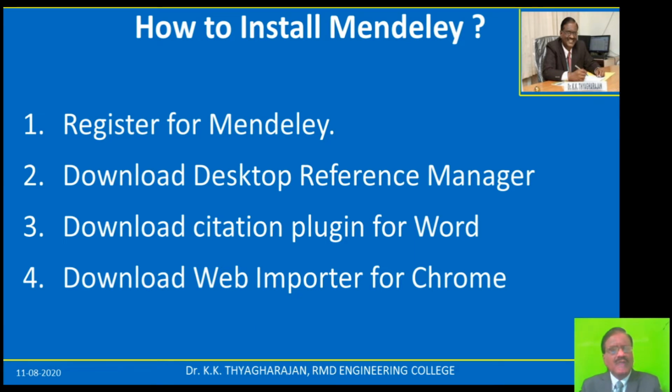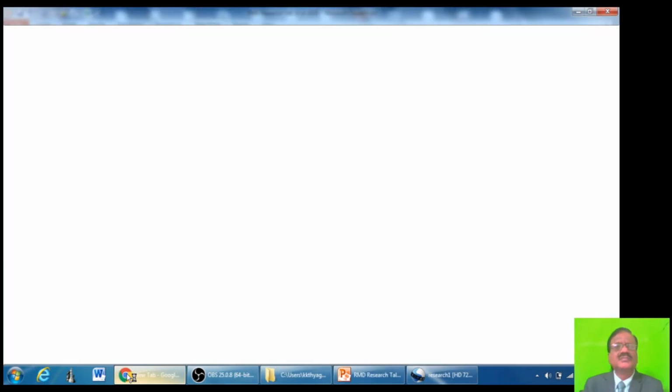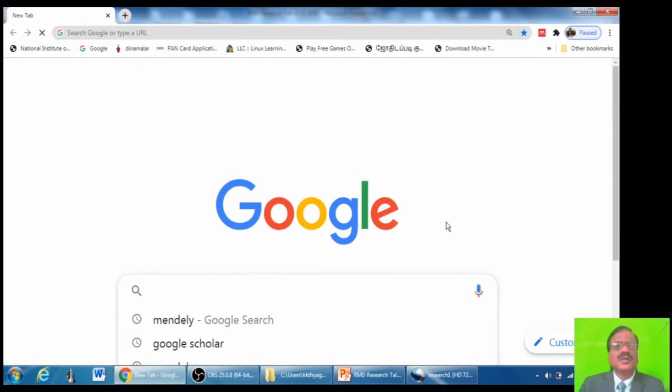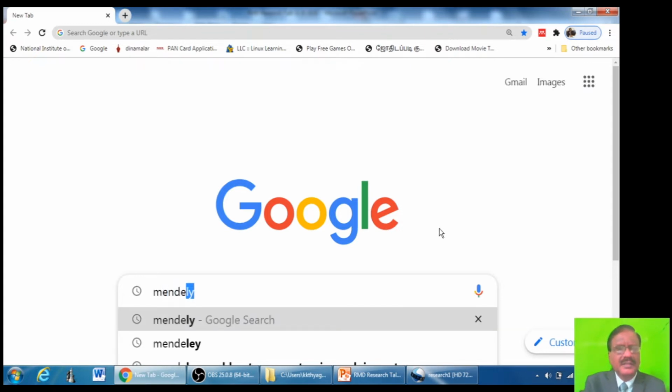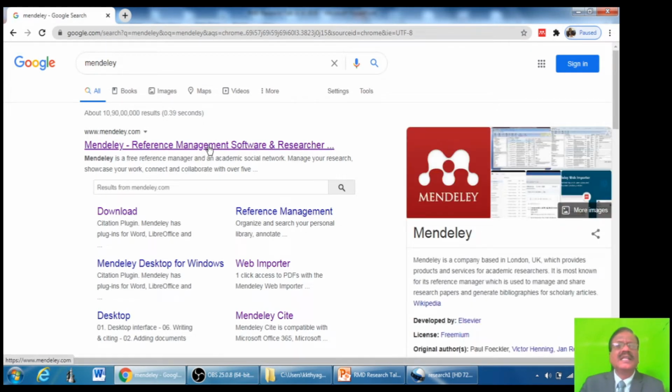First, you have to go to google.com. Open your Chrome browser. Go to google.com and type Mendeley. You will get a link like this.